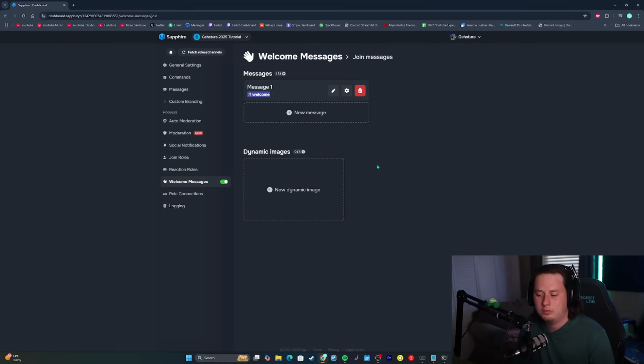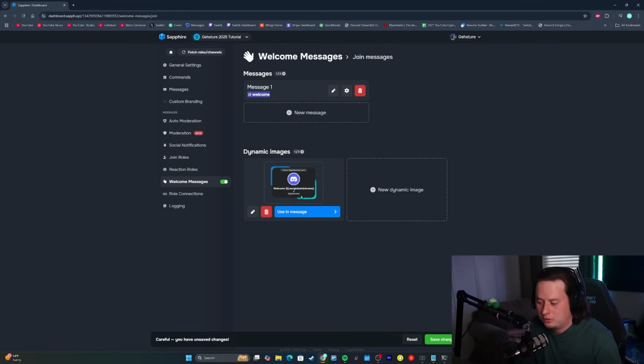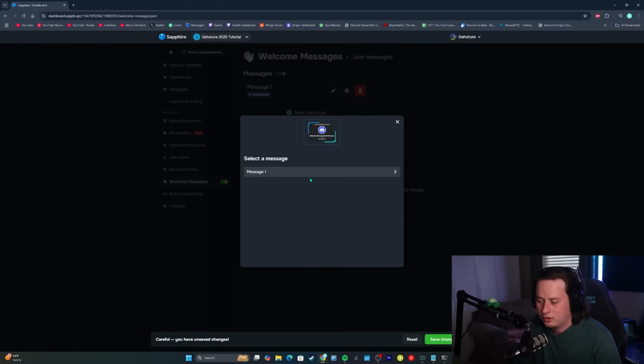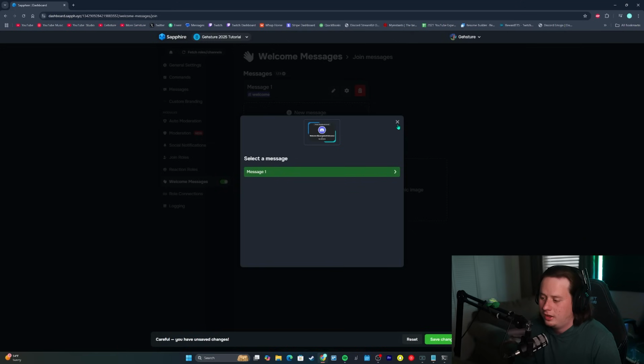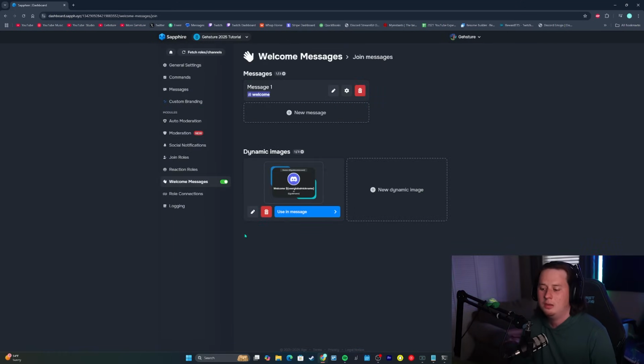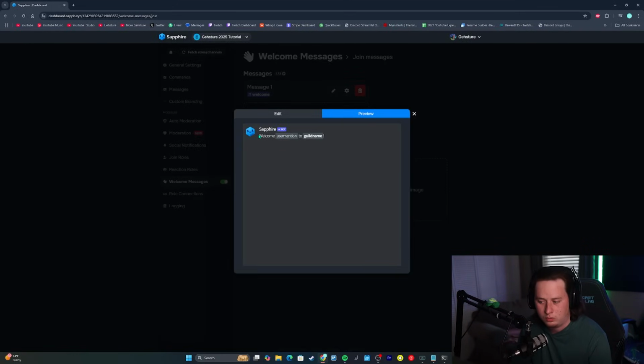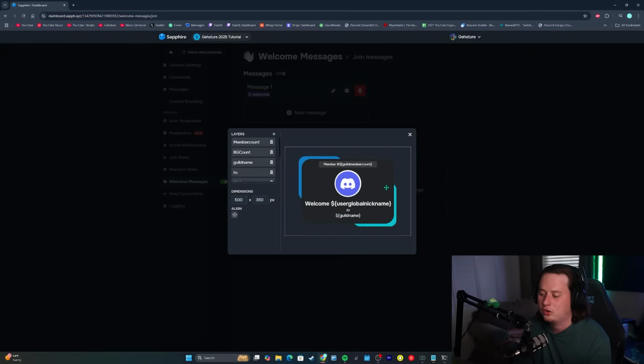And then before we leave this tab, we're going to add the dynamic image options. So we're going to click the plus button here, and then we're going to see this use in message right here. Click on that, click our message 1, and then click to select slot. This should turn green. Go back to our messages, X out, save our changes. Basically, when a new member joins now, it's going to send the welcome text here where it says welcome, tags the user, and mentions the server name. And then underneath that, it's going to include an image with their actual member profile picture here,